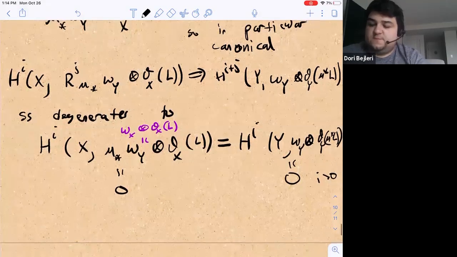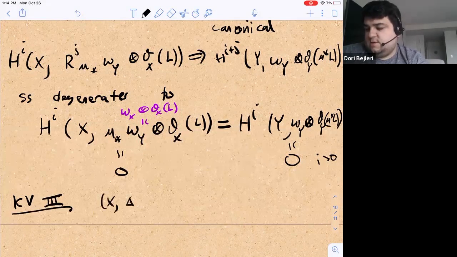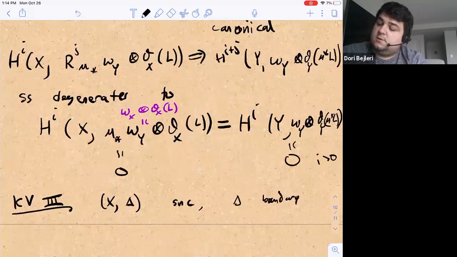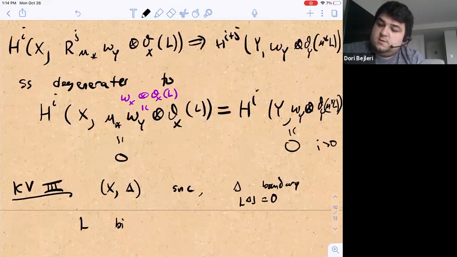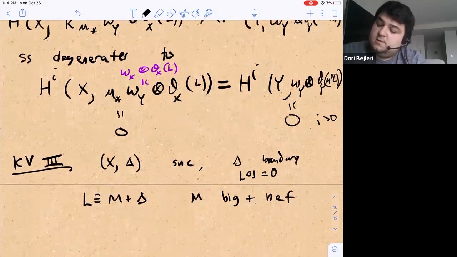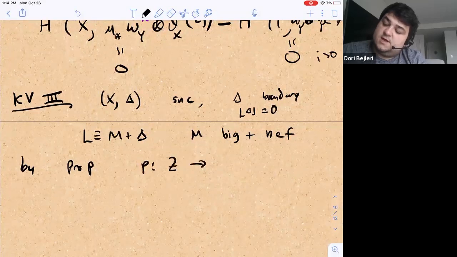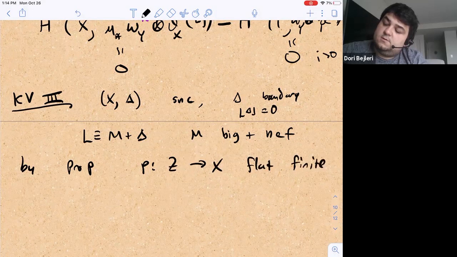Okay, and now from there, the next version is just the same thing as we did in the first step. So Kawamata-Viehweg 3, which was: take (X, Δ) simple normal crossings with a boundary whose round down is 0, and let L be equivalent to M plus Δ, where M is big enough. So then by the key proposition from earlier in class, there exists some p from Z to X, flat finite with Z smooth,